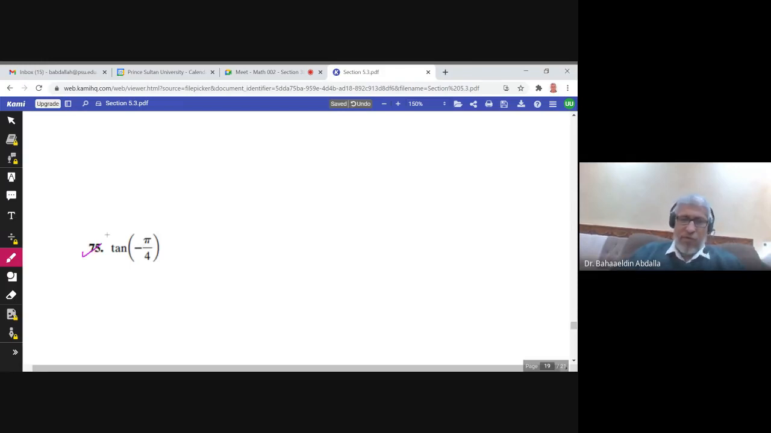More questions about the same point. Please do tan 9 pi over 4, and tan negative pi over 4 is also similar. We did something like it. Let us do secant